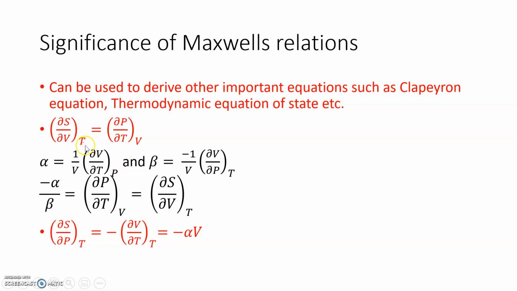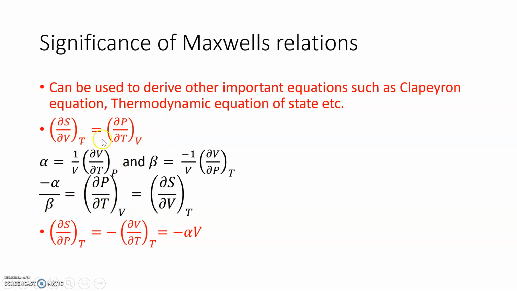Alpha is defined as 1 by V into dou V by dou T at constant pressure, and beta is 1 by V into dou V by dou P at constant temperature. Then minus alpha by beta, from this definition, is equal to dou P by dou T at constant volume,